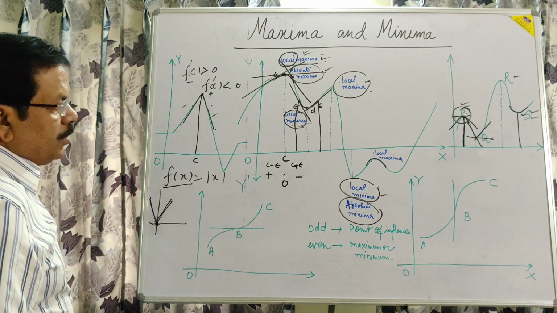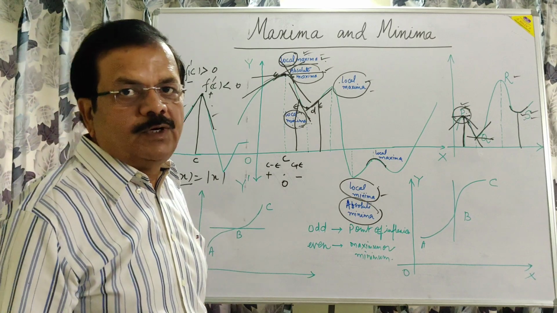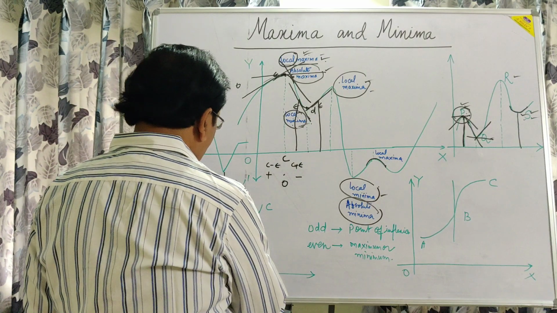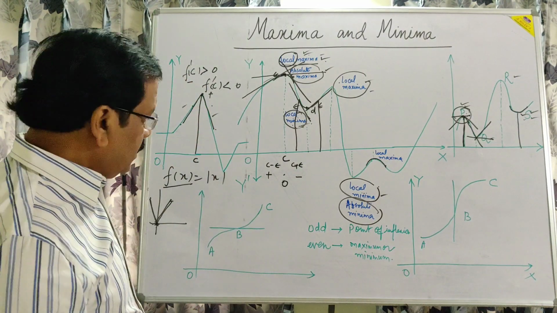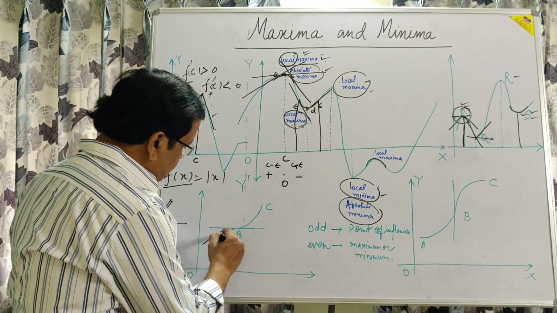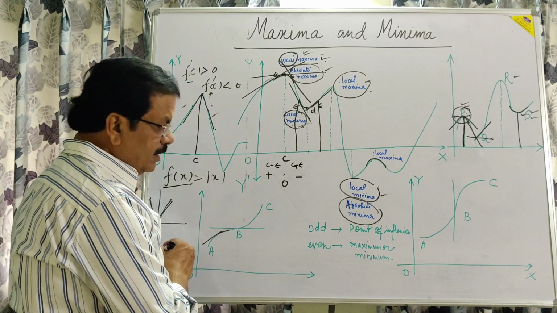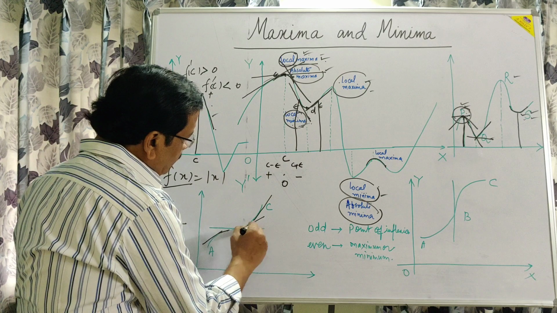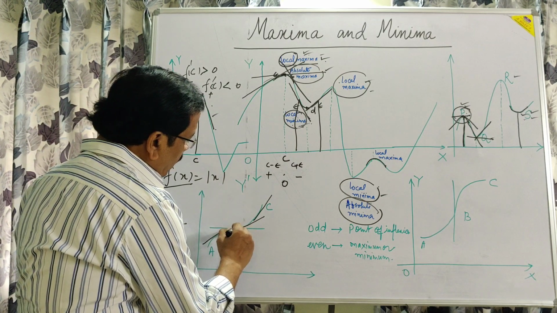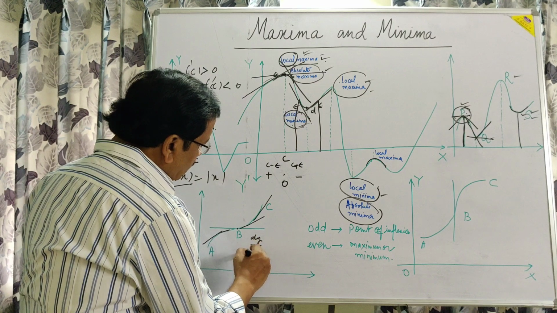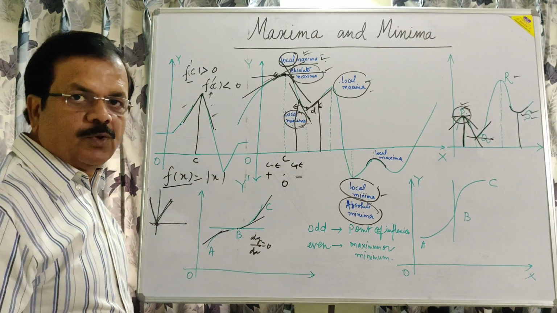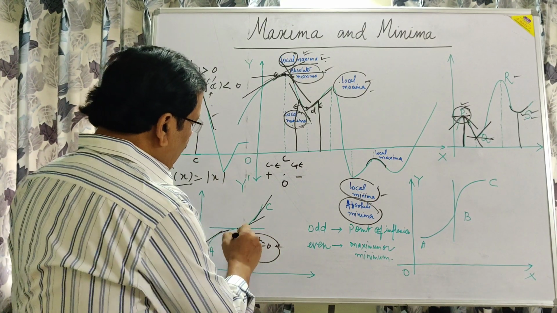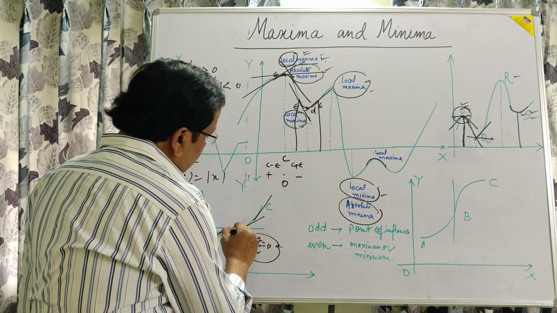Now one more topic, though this topic is excluded this year from your syllabus: point of inflection. Actually, a point of inflection is that point on the curve where the function increases and goes on increasing while passing through the tangent, and the tangent passes through that point where dy by dx is equal to 0. Suppose we are finding dy by dx for any curve, and it comes 0, and then the function goes on increasing.